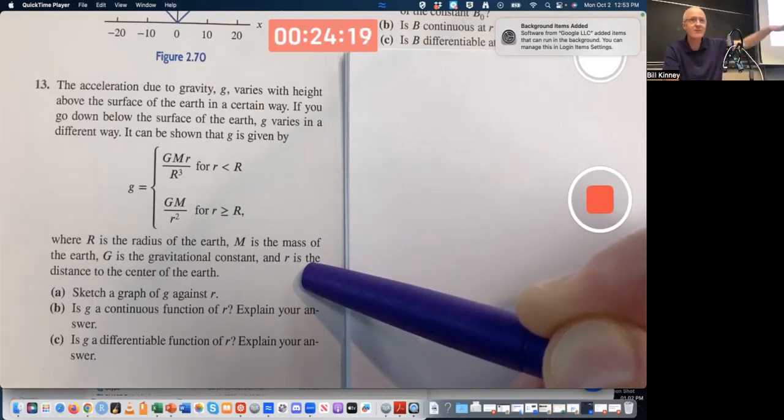A feather is not going to fall toward the ground according to the ordinary model because of air resistance. A rock, that's a better approximation, the ordinary model. So